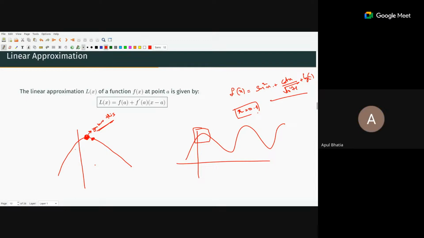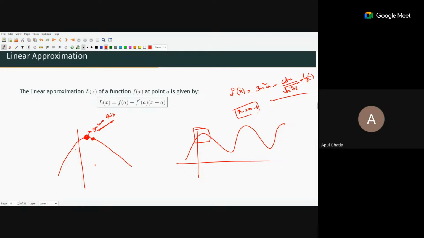One thing I am not able to understand is, I'll take a very simple function x square. When we are supposed to approximate the value of x square around a point, for example, approximate 2 raised to power 4, just taking an example, 2 raised to power 4 around 3, what does this mean?